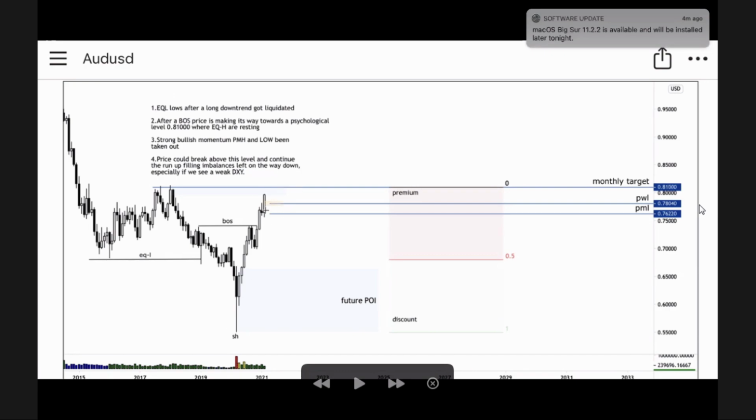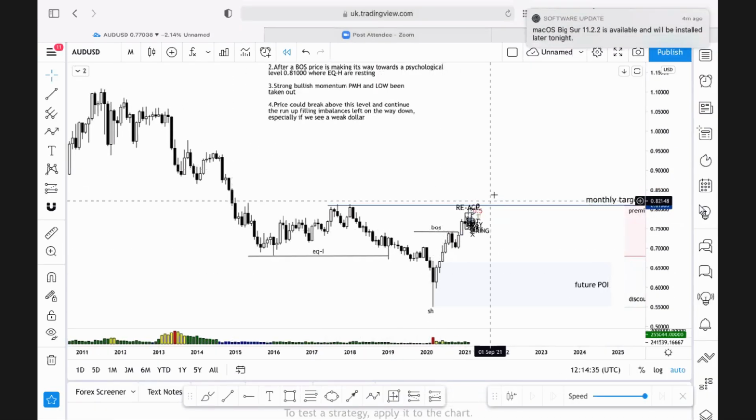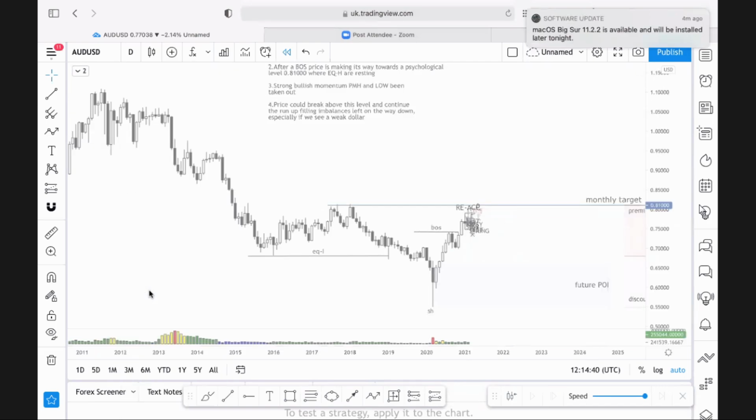But it was already an extended move. So I was thinking maybe there would have been a stop hunt around here, and then the price would have gone down. We had the stop hunt, a break of market structure around there, and that was the target for the monthly. Then if I go right to the daily,